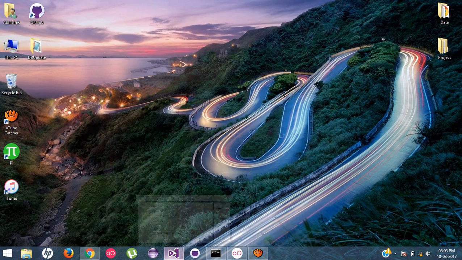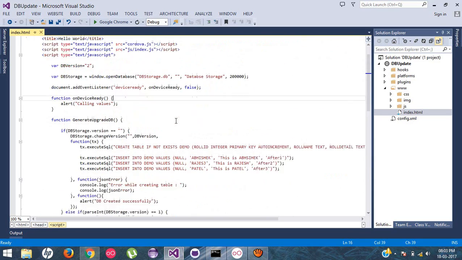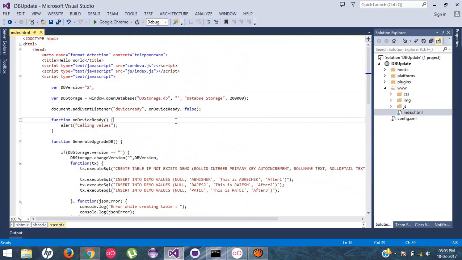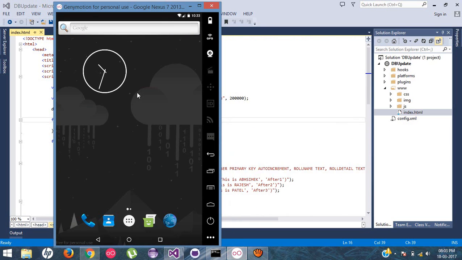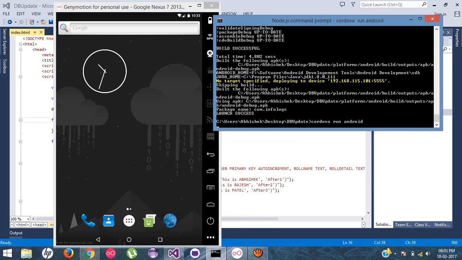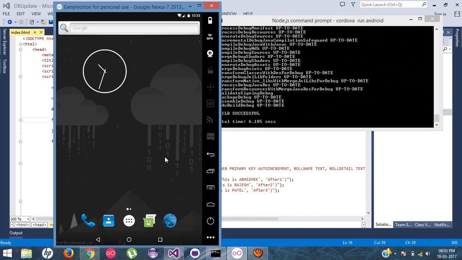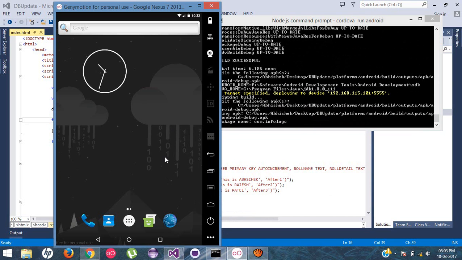Okay, see, here is the code. But first of all I would like to show you the example installed on the Genymotion simulator. For that I'm going to install the current build into the simulator. What will this do? It will create a first version